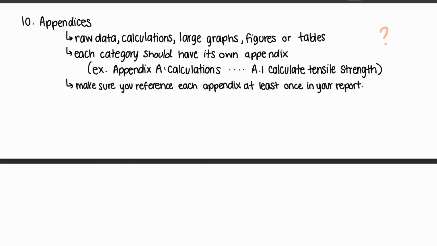The other thing is that the iteration step of your appendix is super important, because as you are writing your report and you are realizing that you are needing to include additional data or information, that is when you'll be adding things to your appendix as you write. It shouldn't just be something that you slap everything into when you're done your report to make it look bigger, and it also shouldn't be something that you are just throwing things in as you write and never checking on again. So you want to be double checking your appendix, making sure that it makes sense,